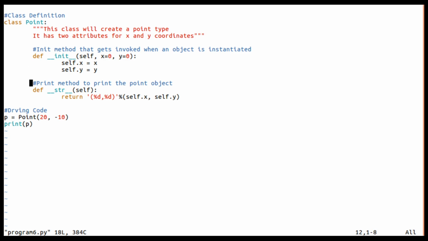These two methods will be there as they are, one to initialize and another one to print the point object. Here I am going to write one more method to add 2 point objects. Right, so let me write that method now.